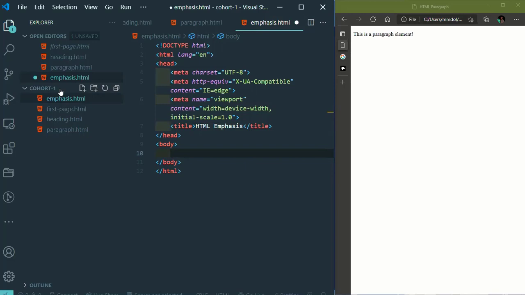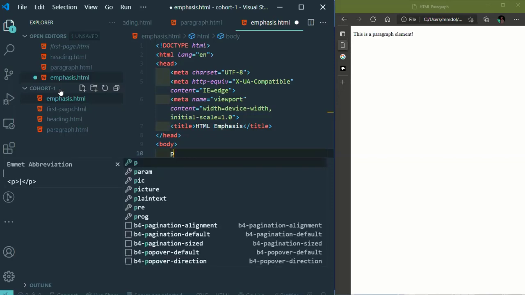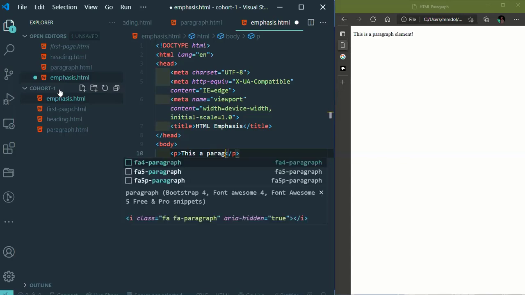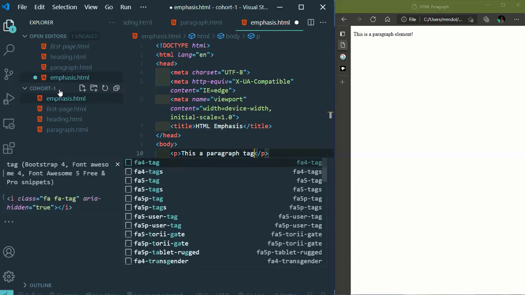Now, the usefulness of the I tag and the strong tag is what we want to look at. The I tag stands for italics. So in your projects, you want to emphasize something or state maybe an author's name. Just for you to emphasize that this is something else in your page, you want to use the italic tag. So let's say we have a paragraph text that says this is a paragraph tag with